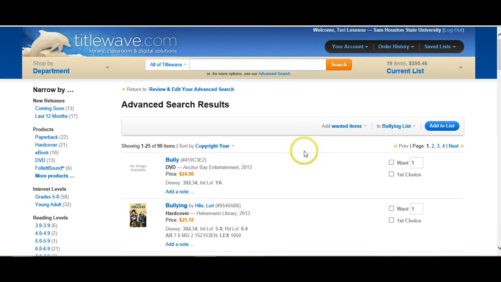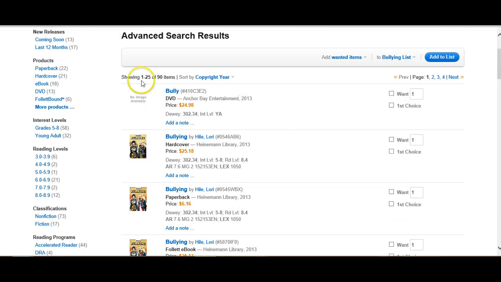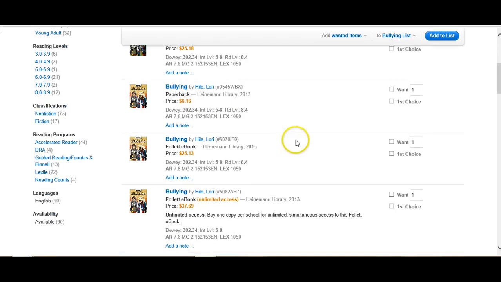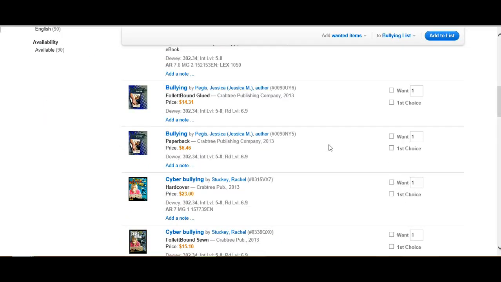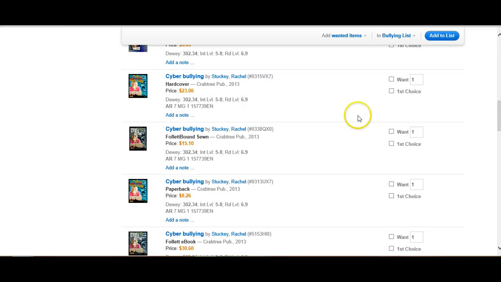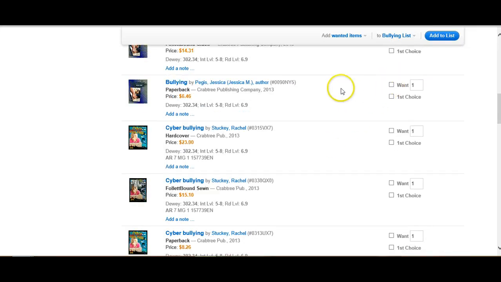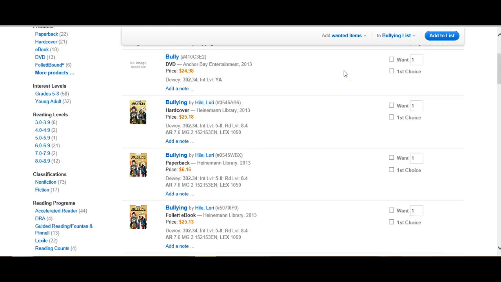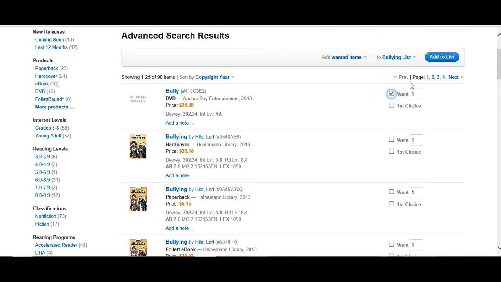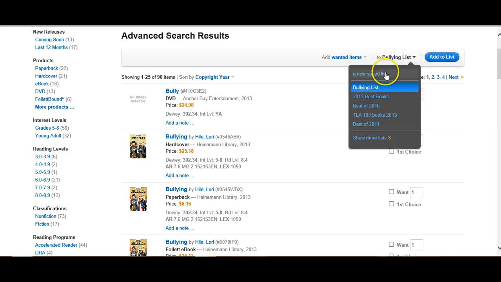And again, you're going to see that for this particular instance, it pulled up 90 items, including, look, here's a DVD. So now I'm starting to get into some other media. I've got ebooks, I've got hardbacks, I've got paperbacks. And again, when I click on these, as I start to build this particular part of the bibliography, and I check on the materials that I want to make sure that I have, and I want to come up here and grab this DVD, I'm going to save it to a different list,